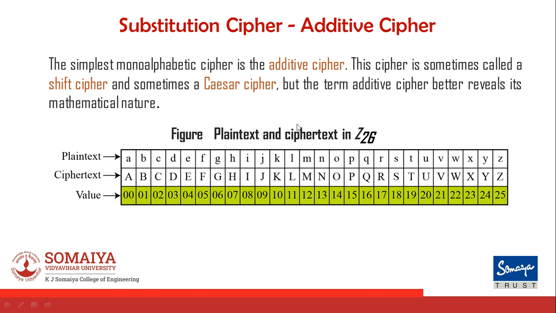In cryptography, in encryption terminology, we always represent the plain text in small case alphabets. Ciphertext we always represent in capital case, and we are considering 26 different symbols available to us, and we are giving them values ranging from 0 to 25. So this is 0 for A, 1 for B, 2 for C, and 25 for Z. So these are the values that we are considering. Why are the values required? Because we want to perform some kind of mathematical operations on them. We'll see what exactly the meaning of Z26 is later in the theory while performing some mathematical operations.